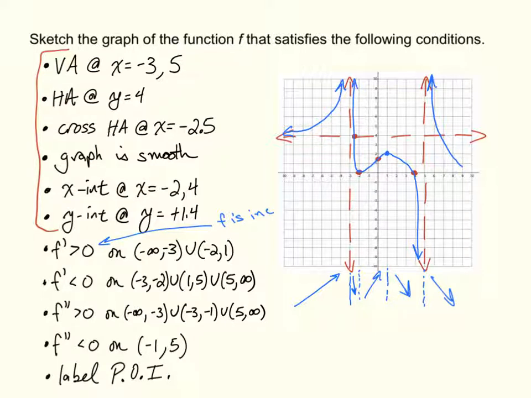So let's get rid of that and go back and draw in our graph. Since it's decreasing, we have to start above the horizontal asymptote, and it'll start decreasing and level out at the horizontal asymptote. Now let's double check here that this makes sense with our